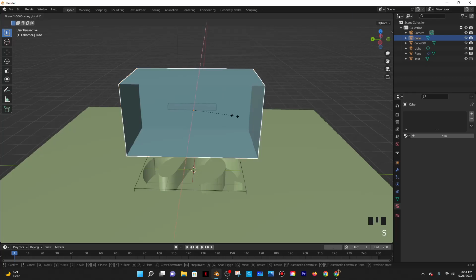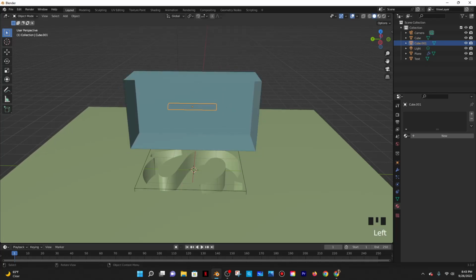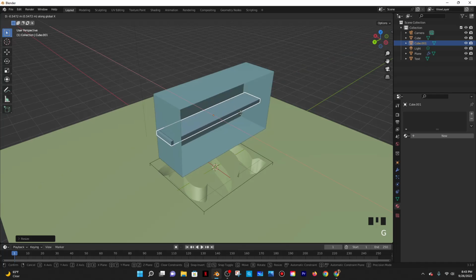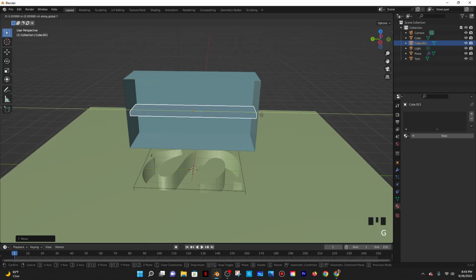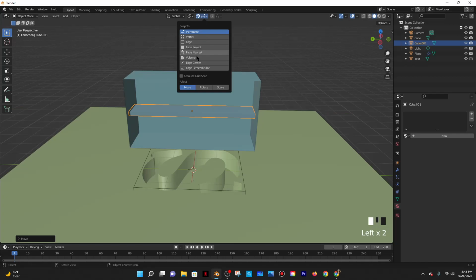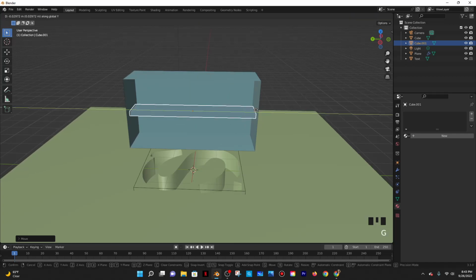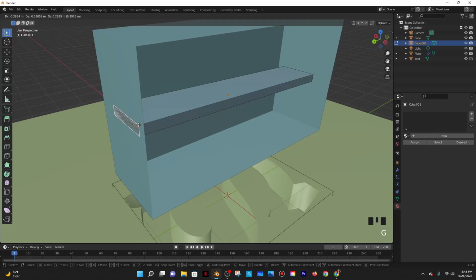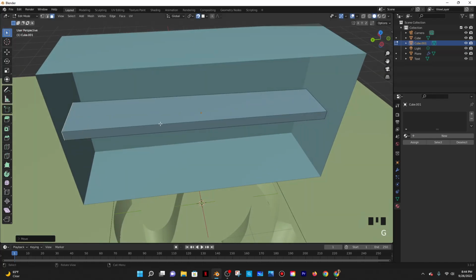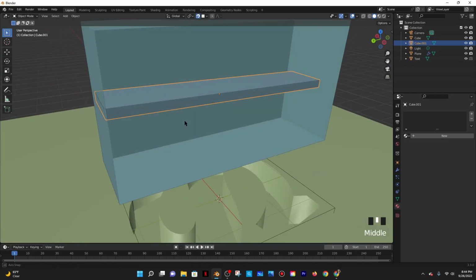So how about we just scale this on the X, so S and then X, something like that. And then scale this on the Y, scale on the X as well. Should probably do something like G and then X, G and then Y. Something like that. I could just turn on snapping to make my life easier, snap to face project, and then do G and then Y, and it should snap to that face there. All right, beautiful. And then I would just go into edit mode and take this face, and then just do G and then Y so it snaps to here, and then back in object mode, just do G Y. Oops, turn off snapping, then do G Y a little bit so it's not